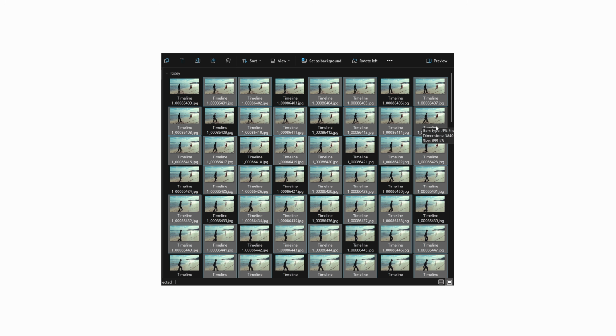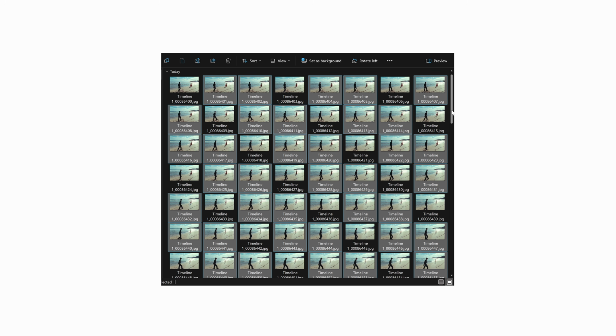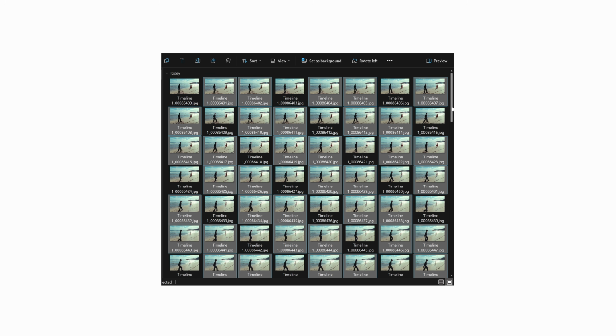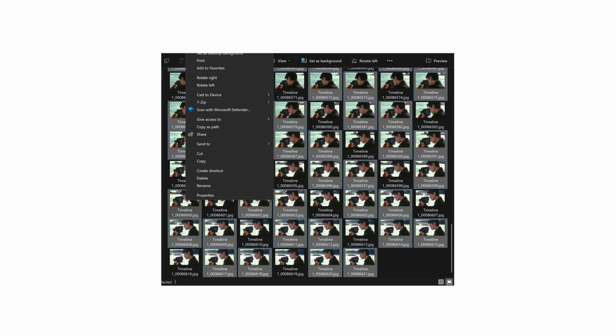Once you're done with your selection, it should look something like this. Make sure you didn't miss any gaps or it can cause issues later on. You can do so by making sure there's only 1 unhighlighted spot and then 2 highlighted spots after every image. Once you've double checked that all of your selected frames are correct, just right click on your selection and click